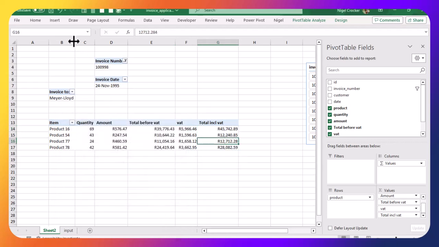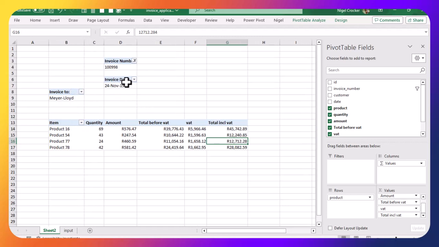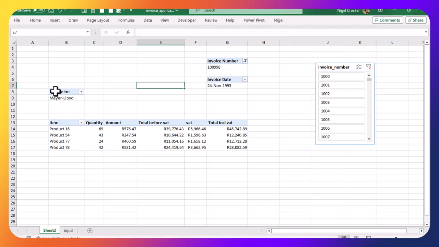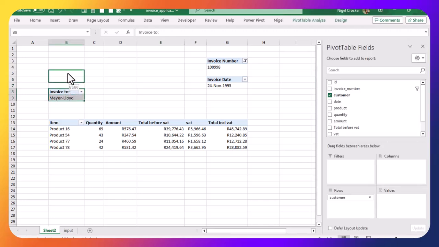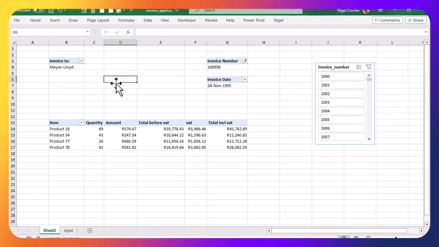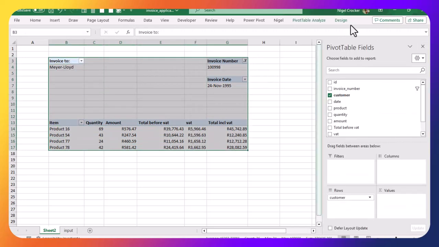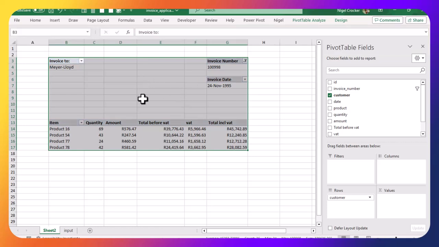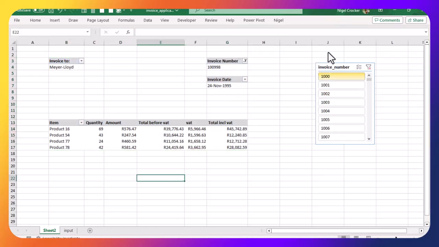Right, our invoice is really taking nice shape now. In this part of our invoice, we want it to be more to the edge, looks more professional like this. We want the customer name to move up. We want our invoice to be a different style. Let's make it gray. Alright, so now